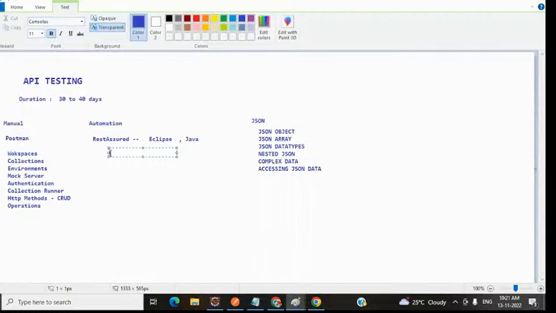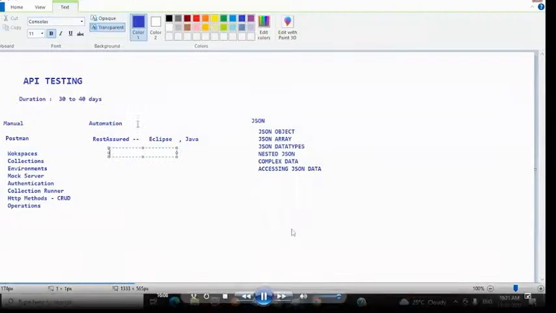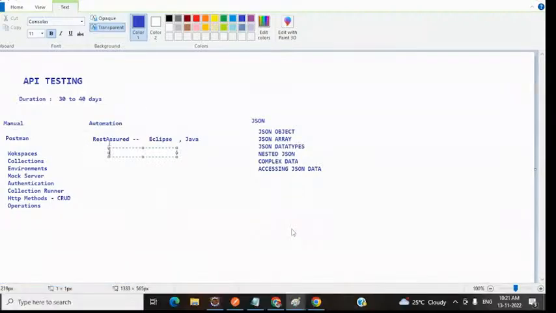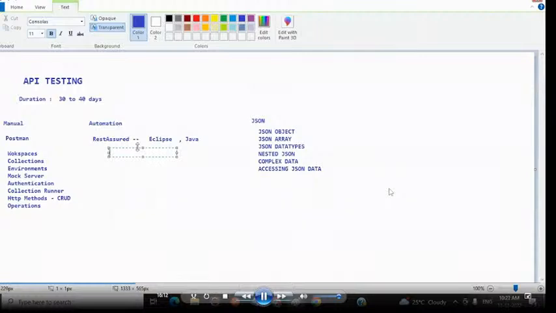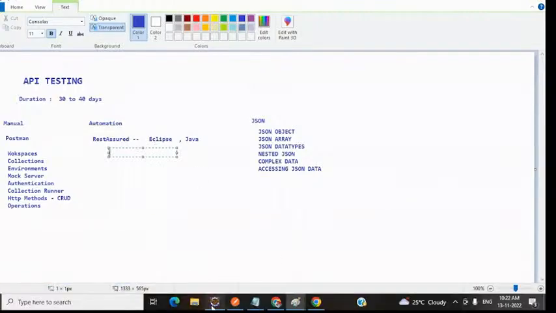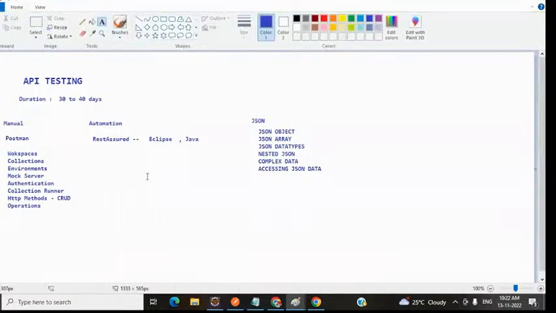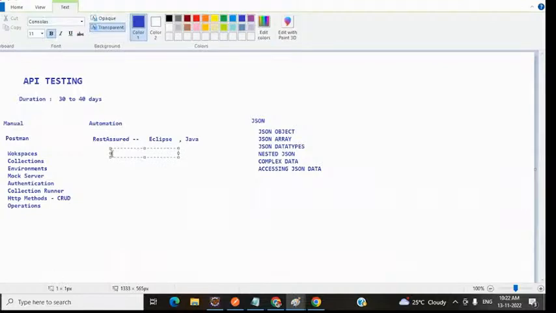Before jumping into Rest Assured, I hope you all have basic knowledge of Java. Because before jumping into the automation part, we will be making use of the Rest Assured library, and we are using the Eclipse IDE, and Java language to write the scripts. So here, first what we will be doing,